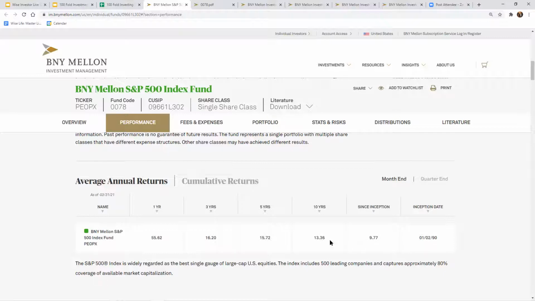Now, the next component is what it's doing more recently. We raised the standard for what we're looking for recently, and the standard that we put in place is 12.54%. So what we're looking for in the 10, the 5, the 3, and the 1 is for each one of these to be 12.54% or better.